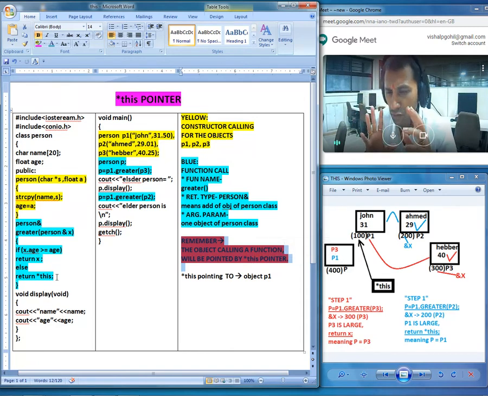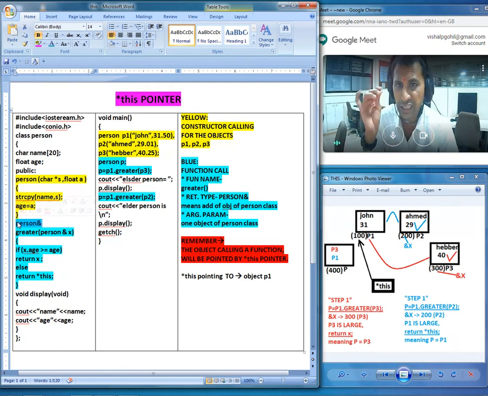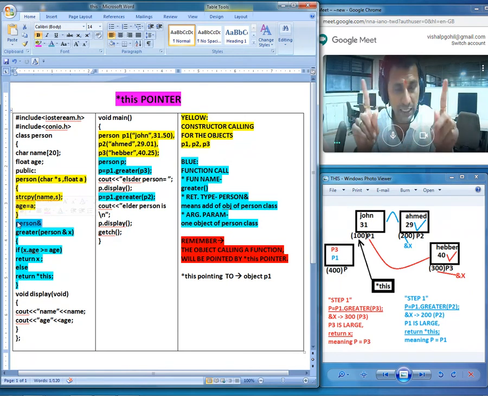Now if you take a look at the greater function, we are talking about this function definition. Greater is the function name. The return type is person ampersand. That means greater is the function that is going to return the address of an object of class person.